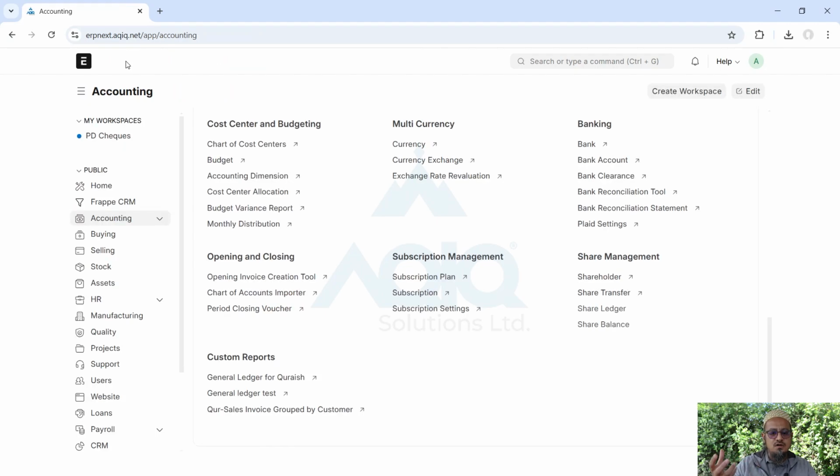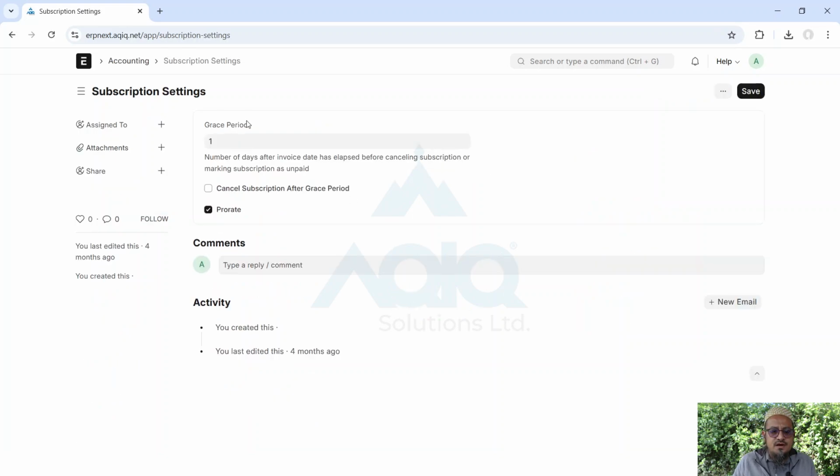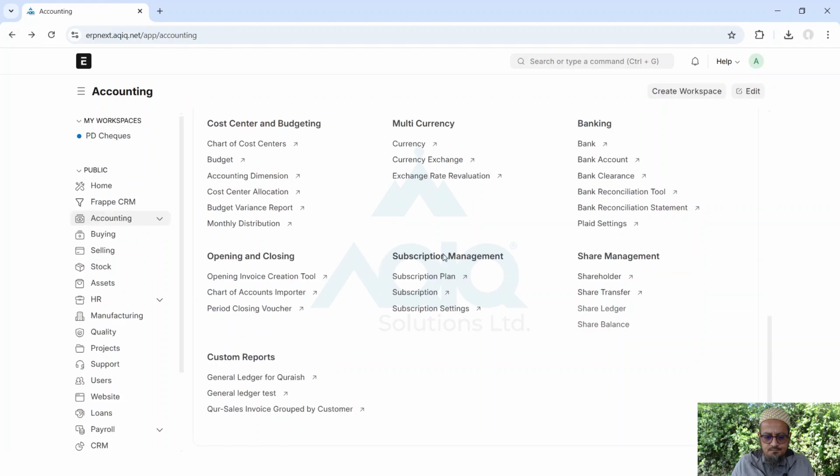So that's what we do when we are initializing the company, implementing the company, then we import the chart of accounts into the system, okay. And then over here we have something called subscription management, again a very excellent feature in ERPNext. What is subscription management? Let me explain. Let's say you have a recurring revenue or you have a recurring expense, okay, and the system needs